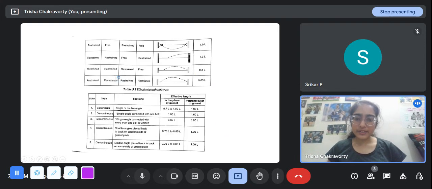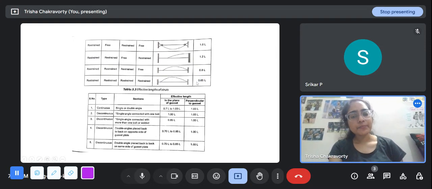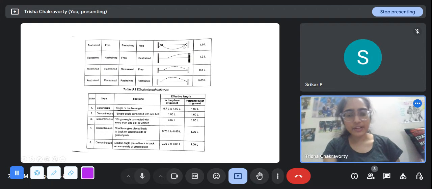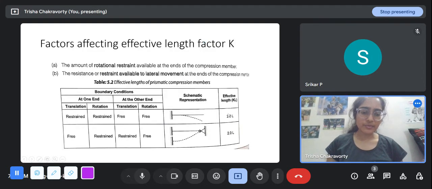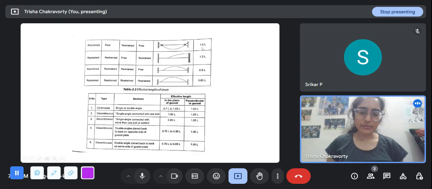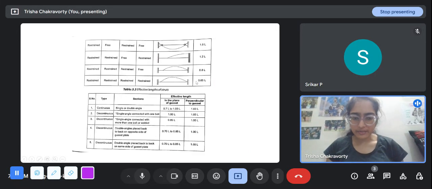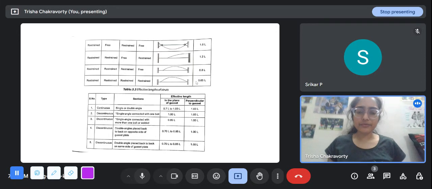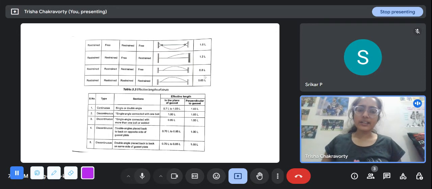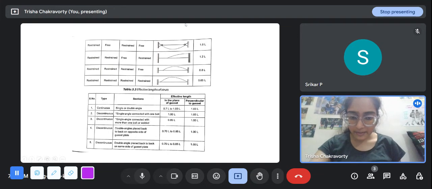Then there is a fixed beam where everything is fixed, translation, rotation, everything, at both ends. The effective length is 0.65L, and so on. I think these values should be given to you, or some of these you can remember. The cantilever beam is 2L, the hinge is 1L, and the fixed beam is 0.65L. Apart from this, these three are the commonest ones. If anything else comes up in the question, the effective length will probably be mentioned.